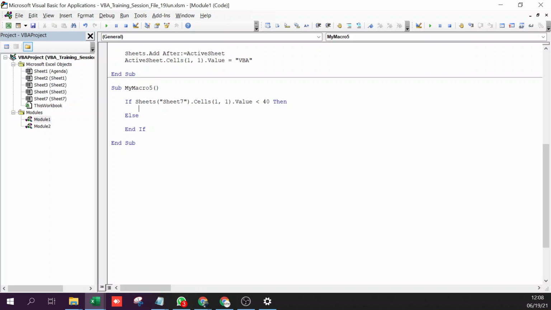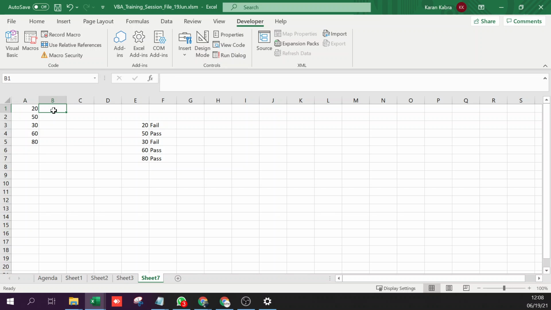No, we are not going to show a message box. We are going to show the value of fail or pass in this cell, right? So we want fail in this case, pass in this case, and so on.